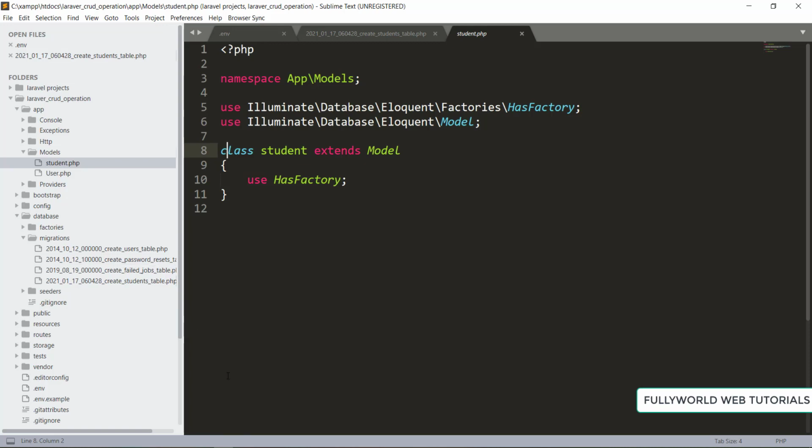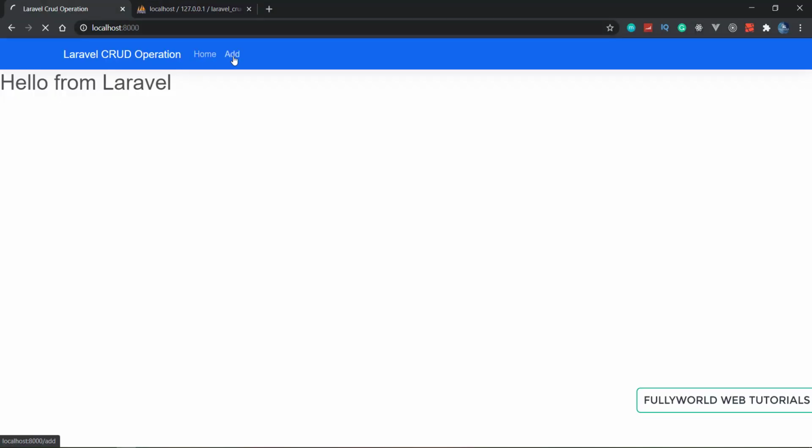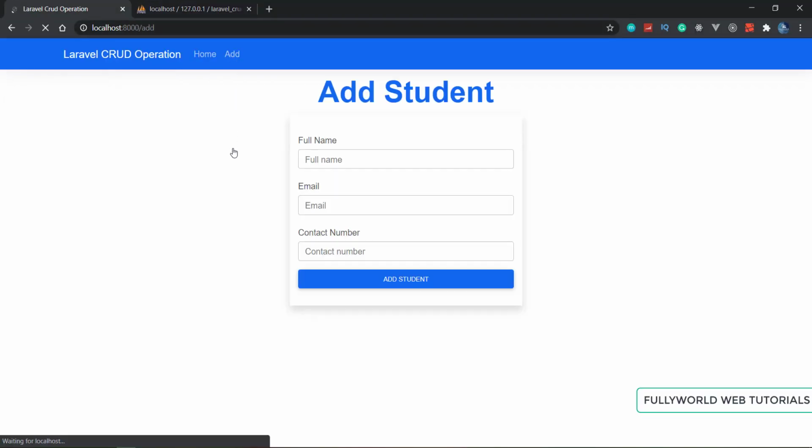We are using this add route only, but this add route is in the get method, and we are going to add a post method to this route also. Then we are going to send the data of this route by the post method to our student controller that we are going to make now.